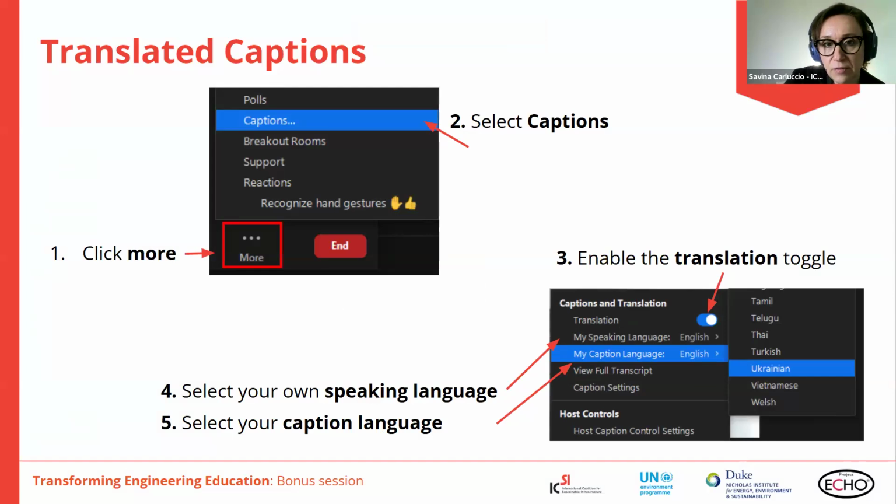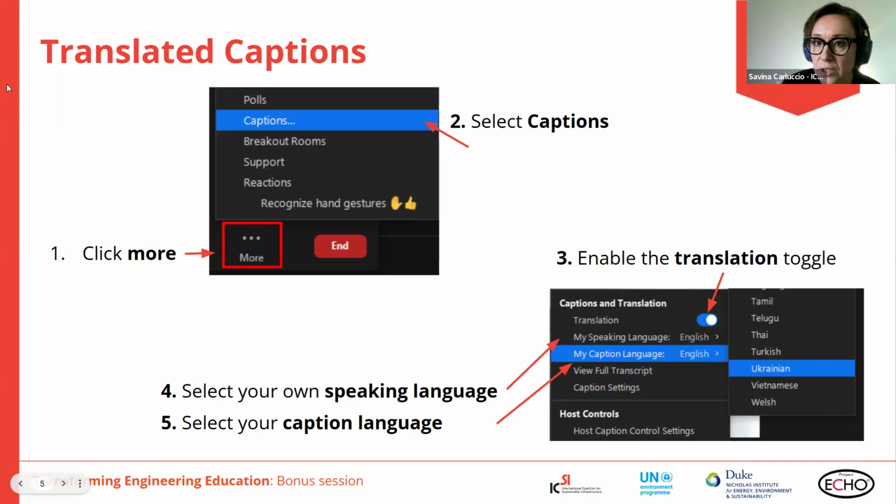So now if I speak English and you've activated your captions in Spanish, you should be seeing instantaneous translation of what I'm saying in English. Y cuando hablo español, los inglés hablantes, los que hablan inglés, pueden ver la traducción de los subtítulos en su propio idioma.